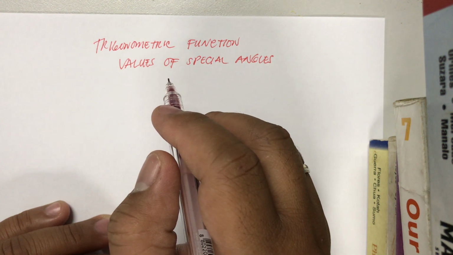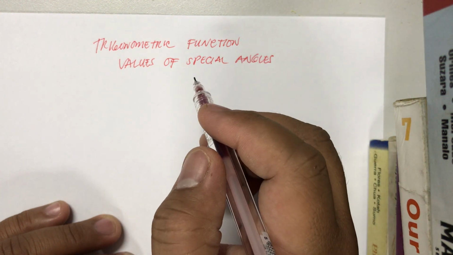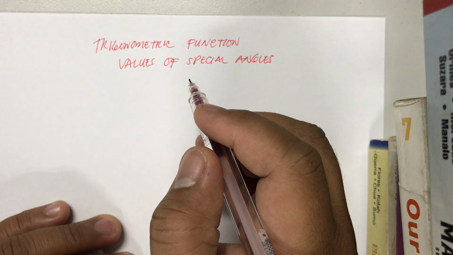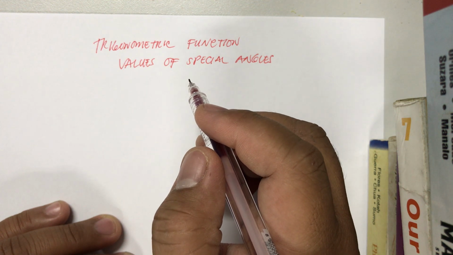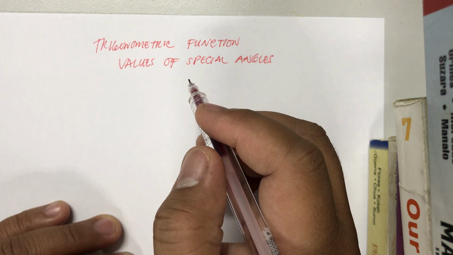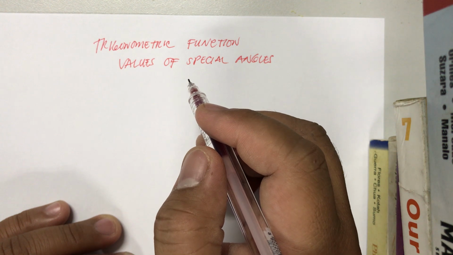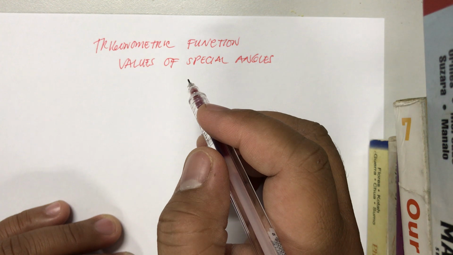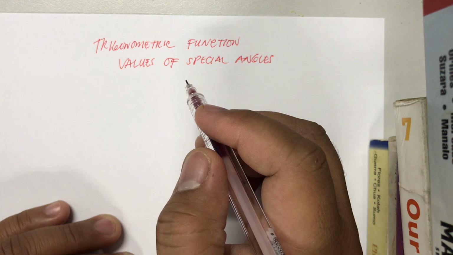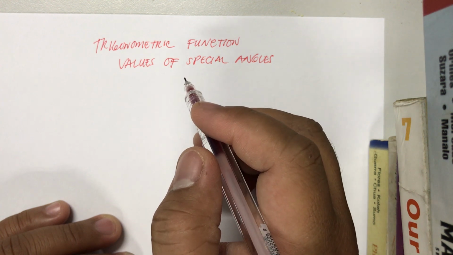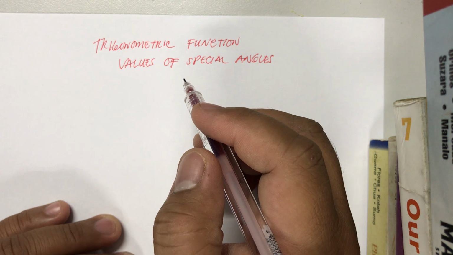The special angles in geometry, which we can also extend in trigonometry, are 30 degrees, 60 degrees, and 45 degrees. They are called special angles in trigonometry because their trigonometric function values may be known even without